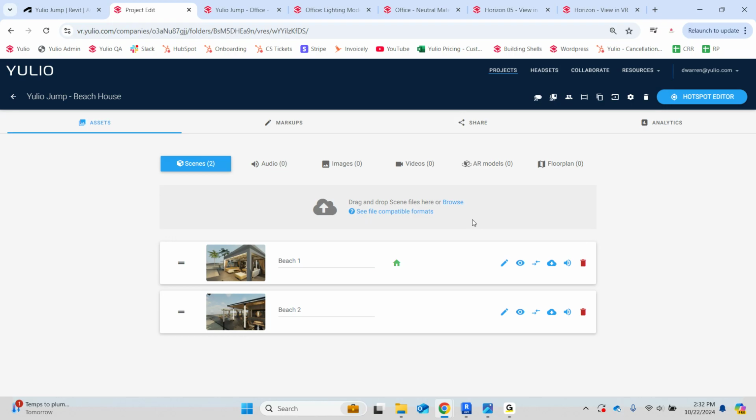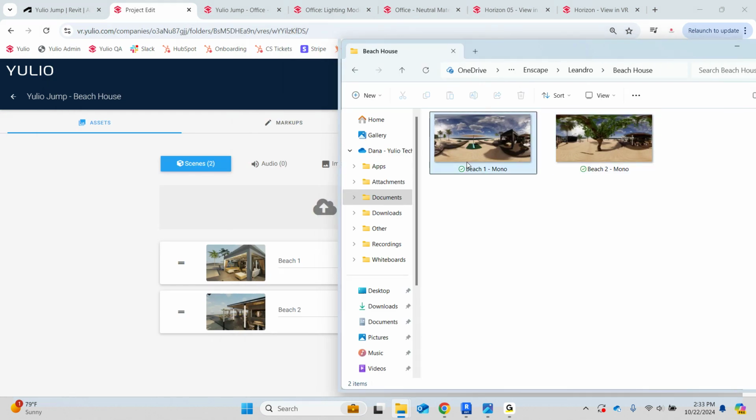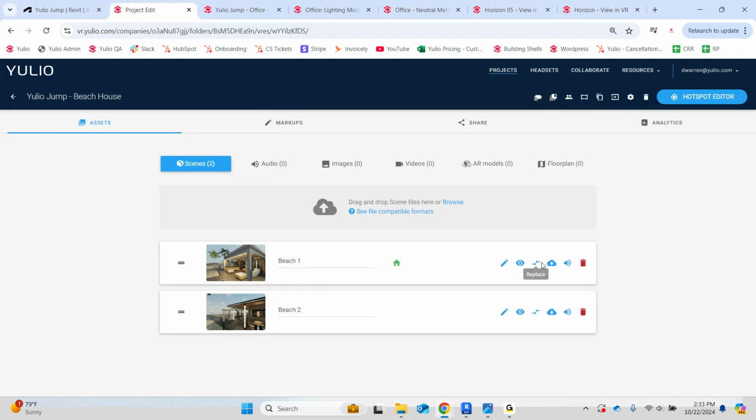You can take advantage of the augmented reality assets, again, using Yulio Jump. But then what you would do is you would upload your rendered Enscape 360 panoramas to Yulio using Yulio's replace function. So what I've done here is I have my rendered 360 panoramas from Enscape. And what I'm going to do is I'm just going to use Yulio's replace function to swap out the rendered